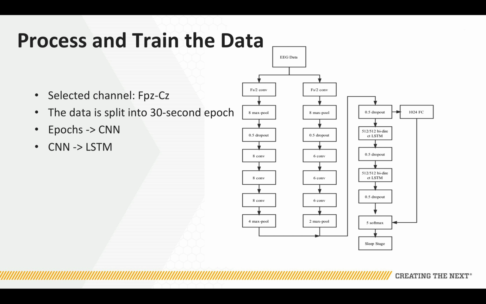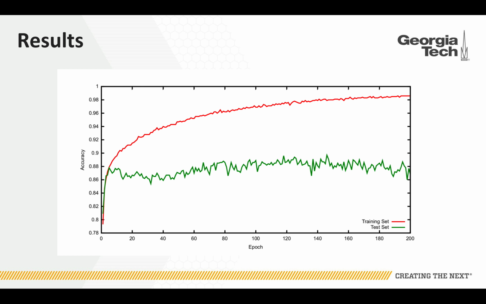And each data was split into 30-second epochs. So we get an epoch training using CNN, and then after the first part, we use bidirectional LSTM. In summary, in our results, we get an overall accuracy of